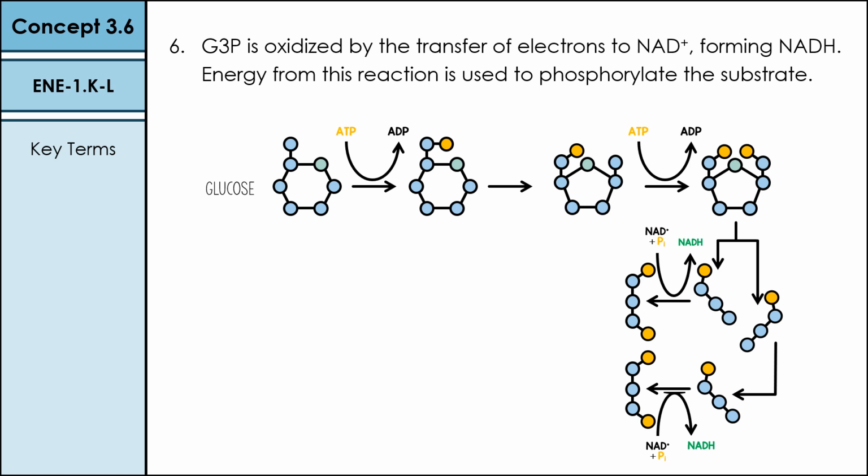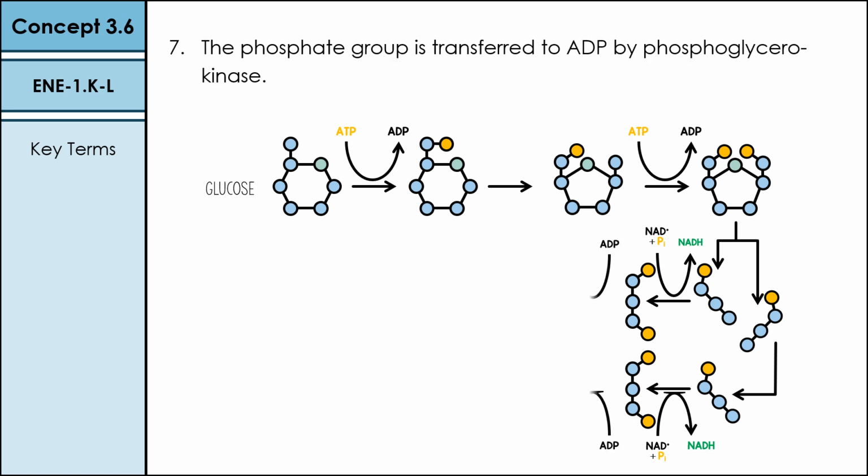An electron is removed and it is given to a high energy electron carrier. So we reduce our NAD plus and we form NADH, and you see that this is occurring twice. So we get 2 NADH out of this process. And the outcome of this is then further